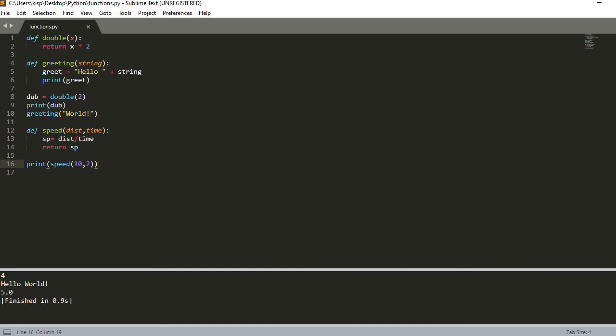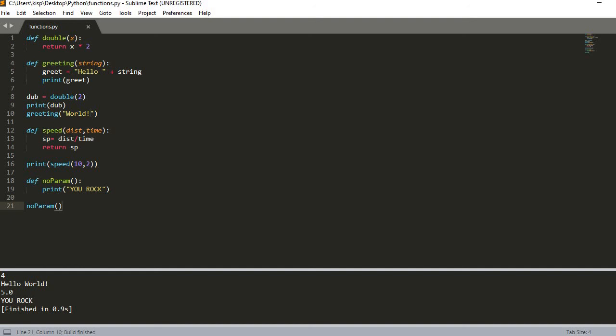And lastly, we could also create a function with no parameters. And to do that, we're just going to enter def no param, and inside of that, let's print you rock. And then, of course, we still need to call that function. So we'll enter no param. And when we run it,